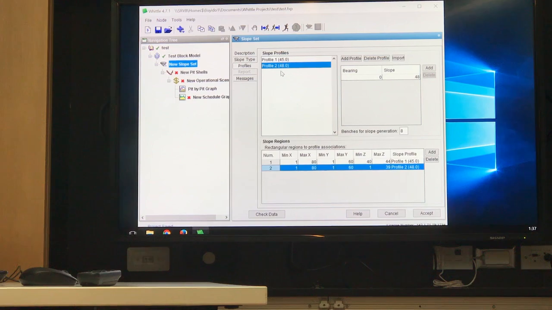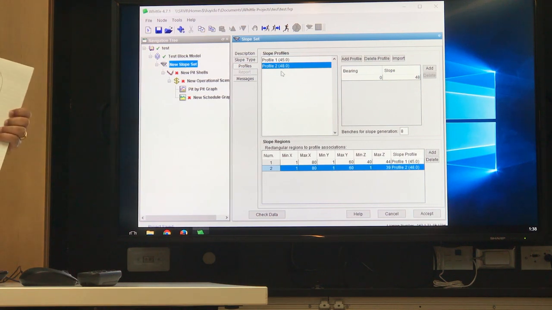Now, if you assume that you are in the middle of the pit, and this is the slope of the north wall, this is the slope of the east wall, the south wall, and the west wall, I can assign different slope angle to each one of these walls. How? By changing the azimuth or bearing angle here,